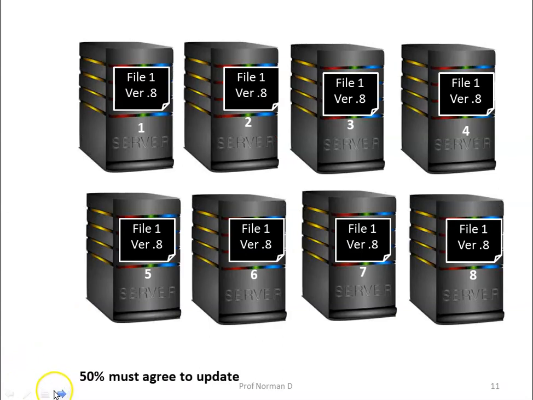Now a simple example of how the algorithm works. Suppose we have a particular file. I name the file as file1, which is replicated across n servers. Now in this case, I have taken 8 servers. So we can make a rule stating that to update a file, which is the same file replicated across n servers,